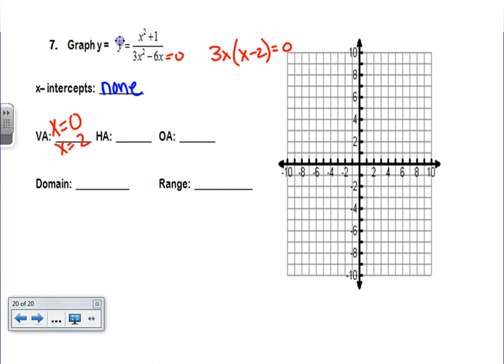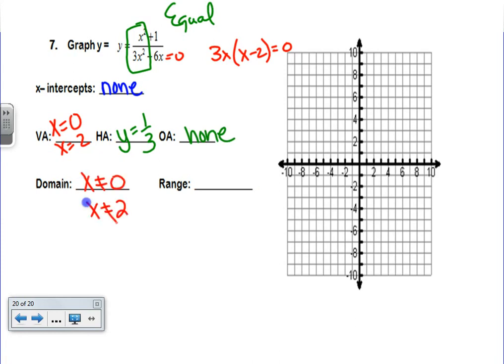For my horizontal asymptote, I see that these are quadratics over quadratics, so these are equal weight, so I'm supposed to look at the coefficients, 1, 3, so y equals 1 over 3, which means there's no oblique asymptote. Domain means x cannot equal 0 or 2. And range, y cannot equal 1/3. So you're going to graph in both of those parts,